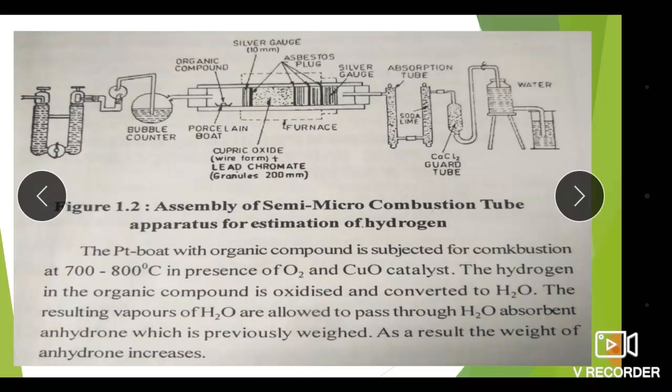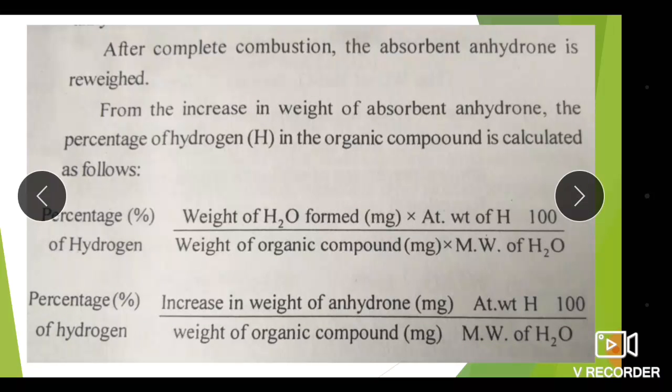The resulting vapors of H2O are allowed to pass through the H2O absorbent anhydrone, which is previously weighed. As a result, the weight of anhydrone increases. After complete combustion, the absorbent anhydrone is reweighed. From the increase in weight of the absorbent anhydrone, the percentage of hydrogen in the organic compound is calculated with